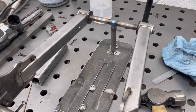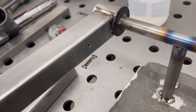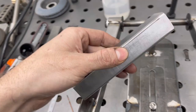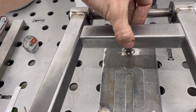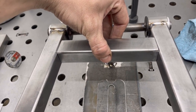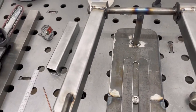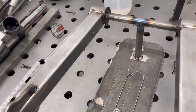One little trick I wanted to show you guys. I drilled this tiny little hole in this left tube right here. Reason being is this is my cross support right here. When I slide it over and into place, it'll be hidden, but when I'm welding this center tube, it'll keep my weld from blowing out from the tube getting pressurized from the heat. The heat will make the air expand, and if you don't give it some way to relieve,